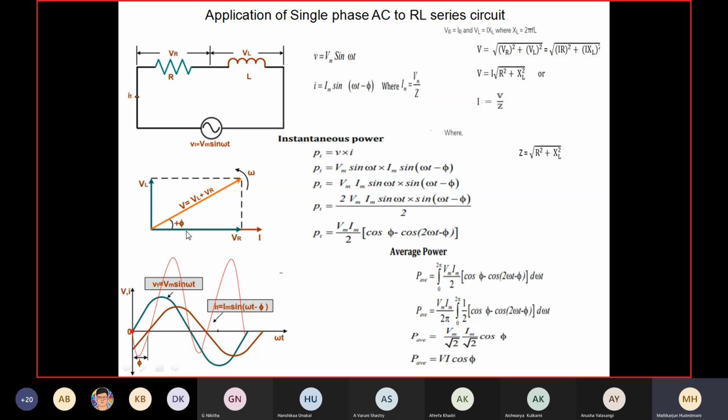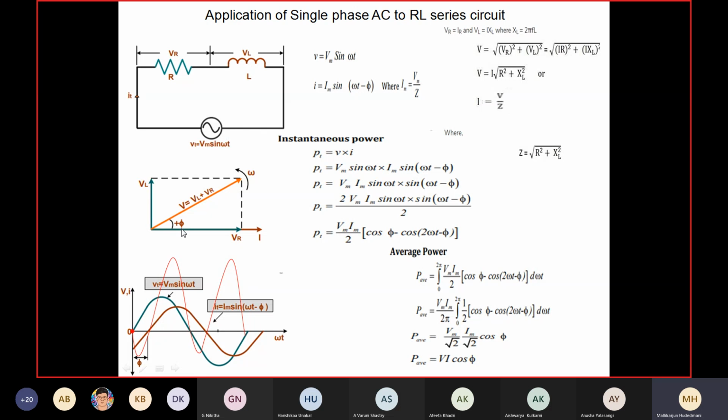An angle phi. Phi is the angle between V and I. With respect to V, keep in your mind, V is your reference. You are standing along this. Where is I? Below this or above this? If it is below, we speak lagging. If it is above, we speak it is leading. So naturally, when I take V as my reference, with respect to V, I is below that by an angle phi.